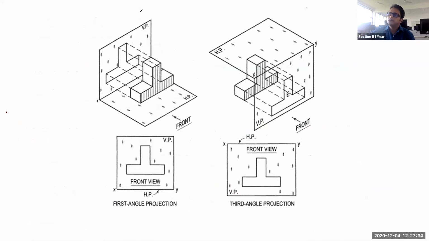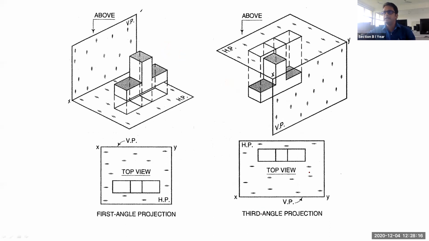So this we have seen. Again, here you can observe how the object will look when it is in first quadrant. For quadrant, I am writing Q. Here the object is when it is in third quadrant. Okay. Front view is there, but see here the reference line. For first angle projection, when the object is in first quadrant, this is your reference line. So front view is above your reference line. For third angle projection method, this is your reference line. So the front view is below reference line. Okay, this point you keep in your mind.